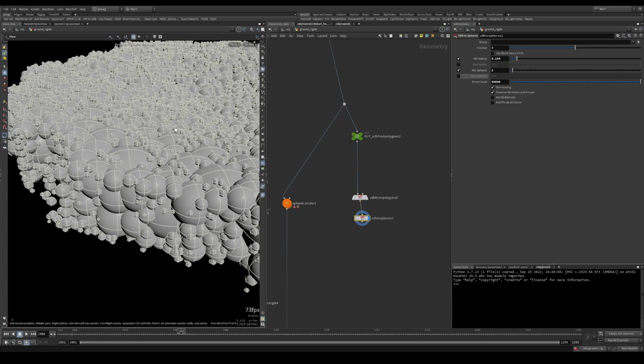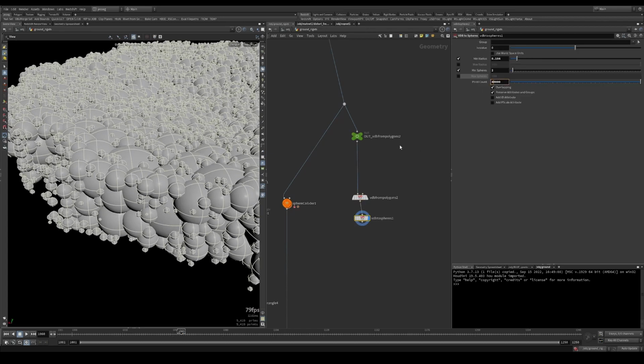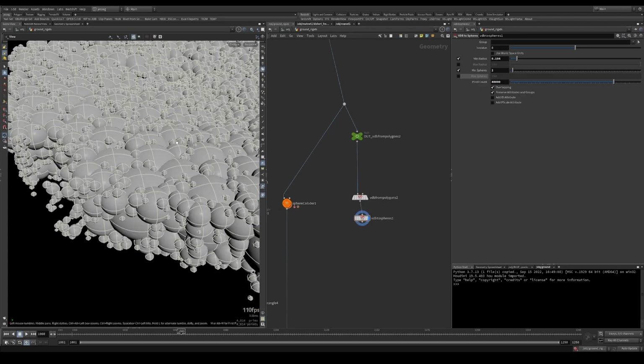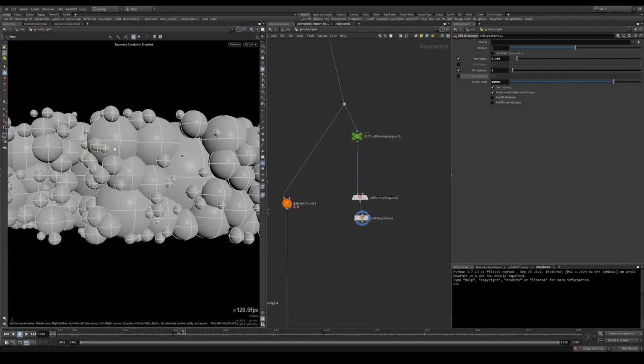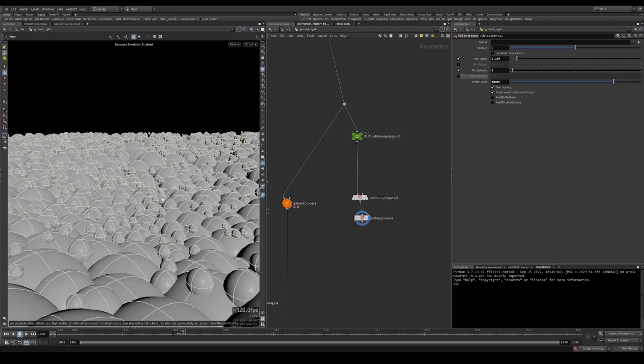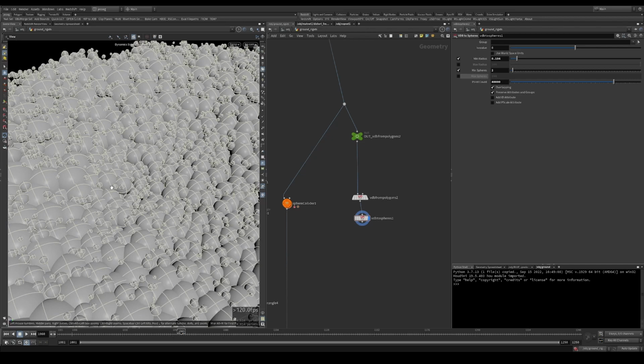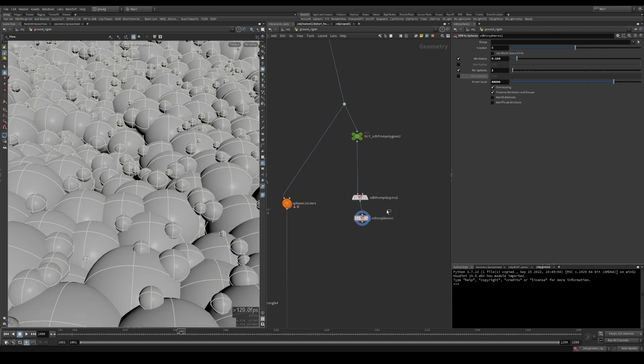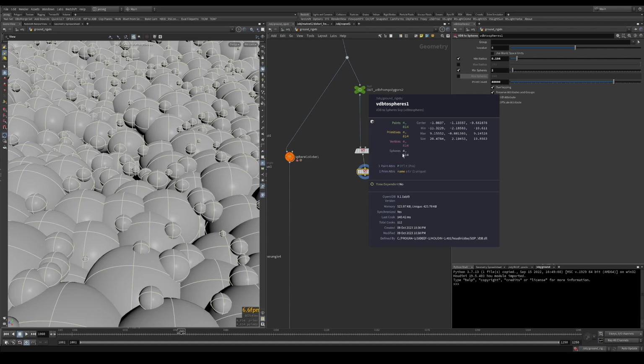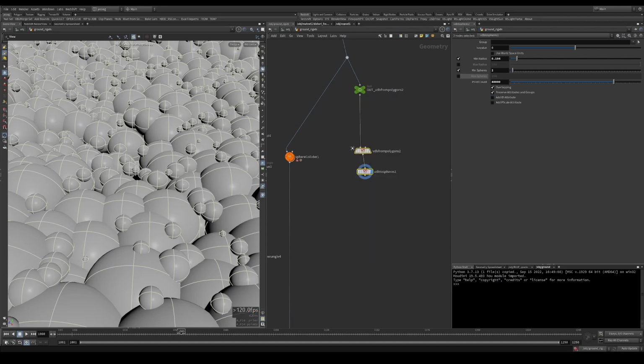That's probably good enough. Cool. So now we've got all these spheres scattered into the VDB. We can see that they're all just spheres at the moment, which is good for us, because now we can